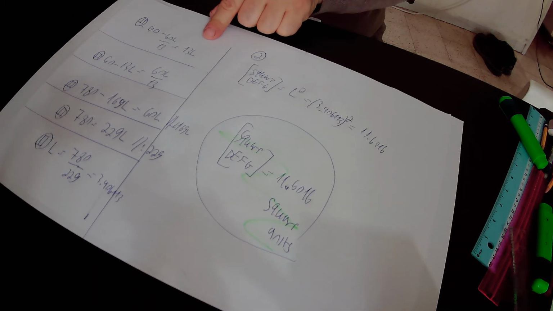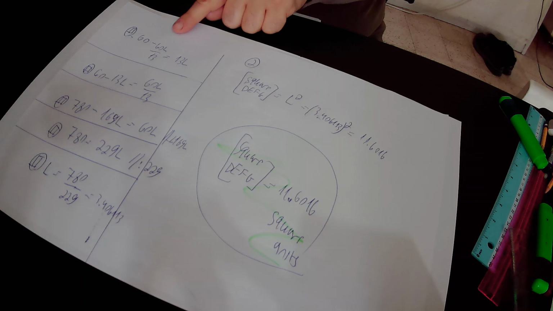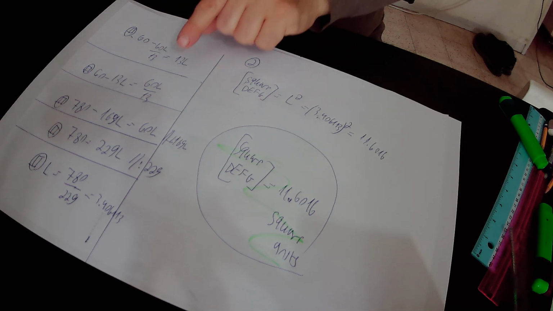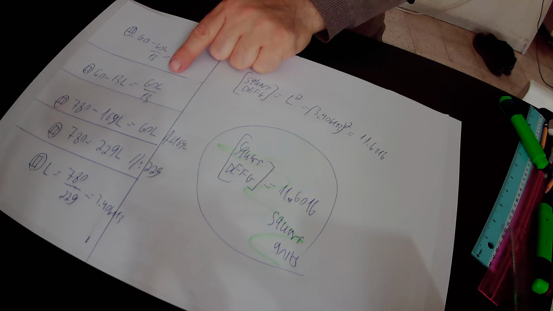Here we subtracted 13L and added 60L over 13 to this equation simultaneously. And we found out that 60 minus 13L equals 60L over 13. So here we multiply this equation 2 by 13, and finally found out that